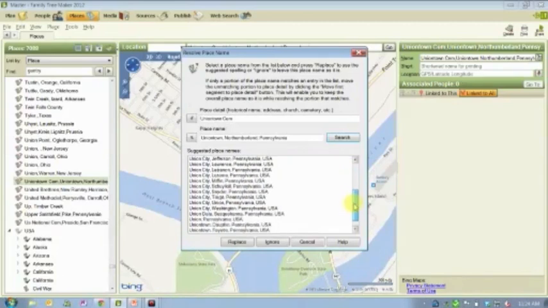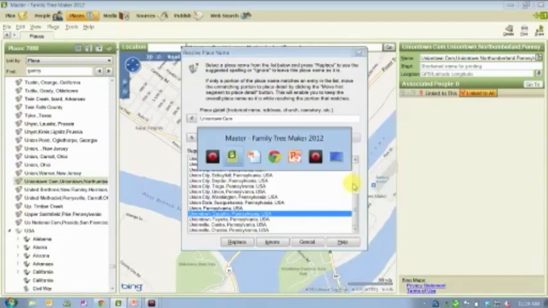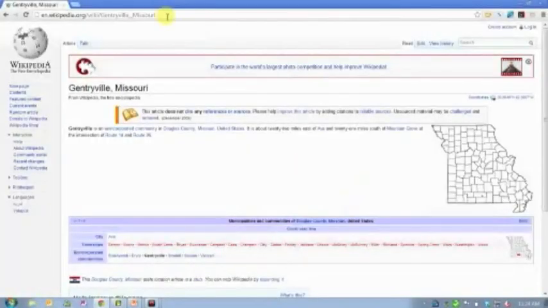and I'm looking through this list. It doesn't show up, okay? And that happens, right? So either it's not on the list or it's not on the list in the way that you expect it to be. So what I'm going to do again is I'm going to go over to Google and I'm going to type in Uniontown, Pennsylvania,